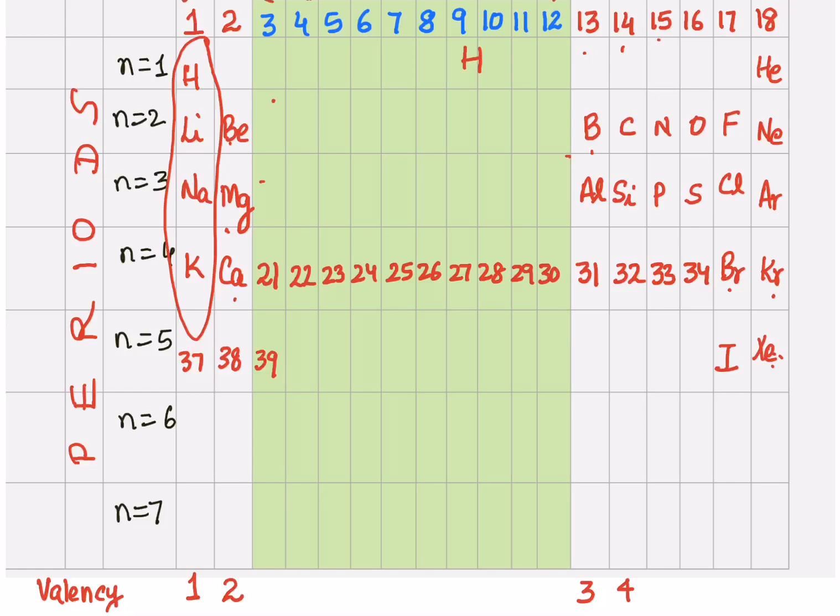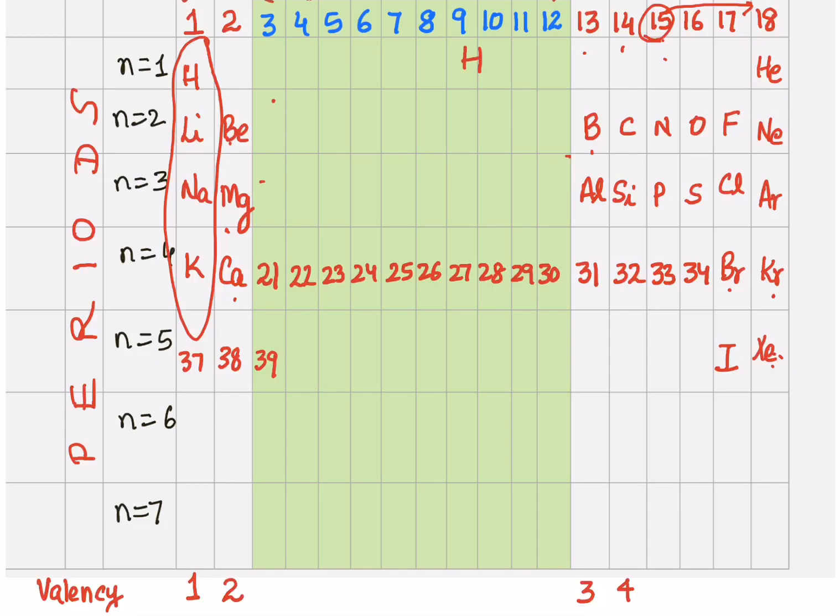Group number 15, now do we want to minus 10? We get 5. Will it have a tendency to donate 5 electrons? No. They can't even share 5 electrons. So instead, it's easier to start moving to the right. So 15 means how many more electrons does it need in order to come into this column? That is column number 18.